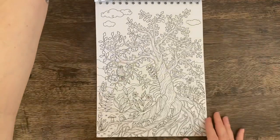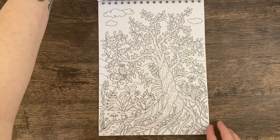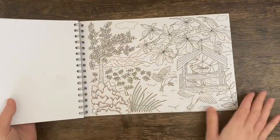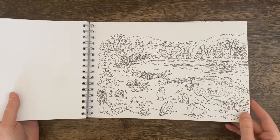And then I love this one. This one's a tree with a little owl. You might be able to spot him just there. And there's some little mushrooms at the bottom. That one is lovely. Let's turn around. This one, I like that one as well. Like I said, they're not horrible illustrations. They are lovely. It's just not...